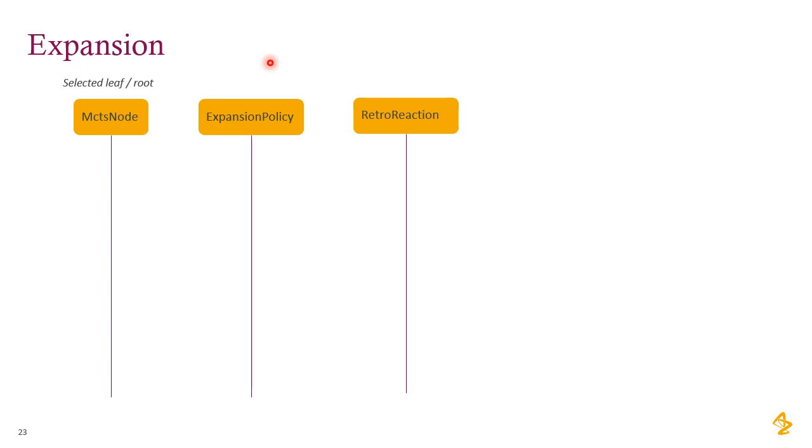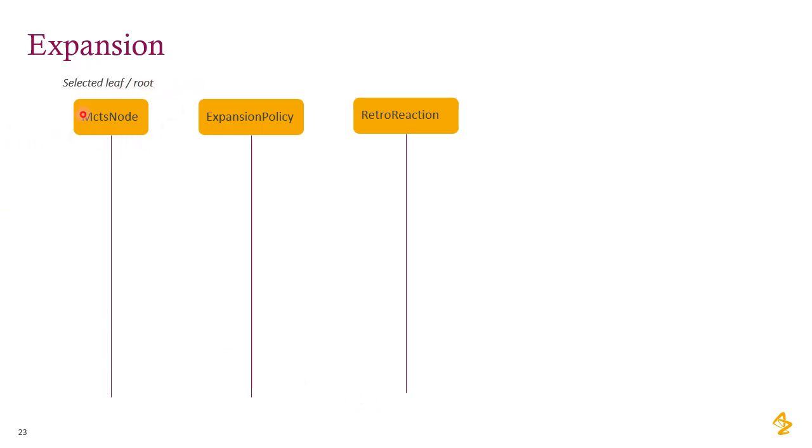They could be different objects of the same class, but I simplify it here. So in the expansion, we will deal with a Monte Carlo node, an expansion policy, and a retro reaction. Those are the classes that will be involved in the expansion. And time goes from top to bottom,